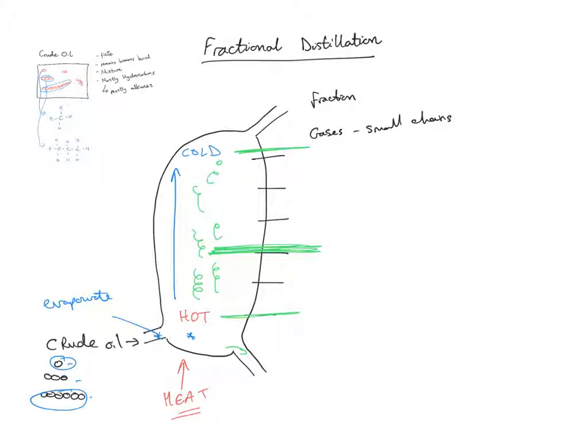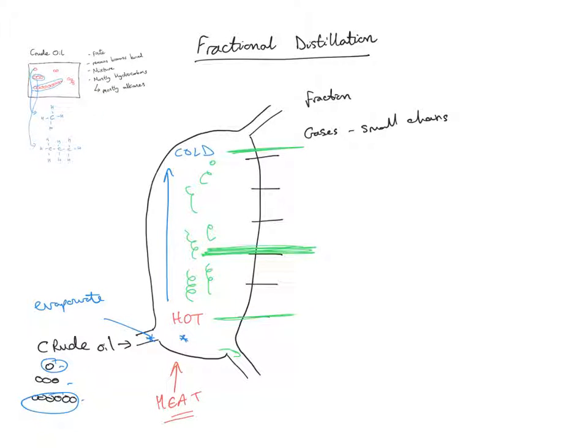Now, the next one that might come off is a fraction called petrol. You may have heard of it. And this chain has about 6 carbons in length, so it's a bit longer, and yet it's really useful for fueling cars. Now, other fractions that come off are ones called kerosene,